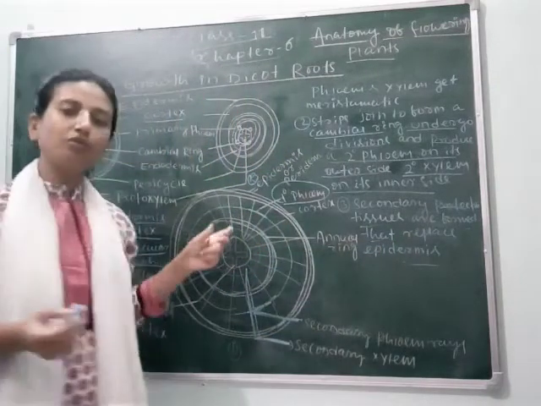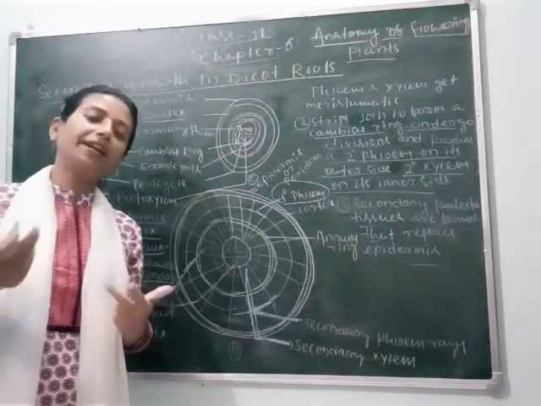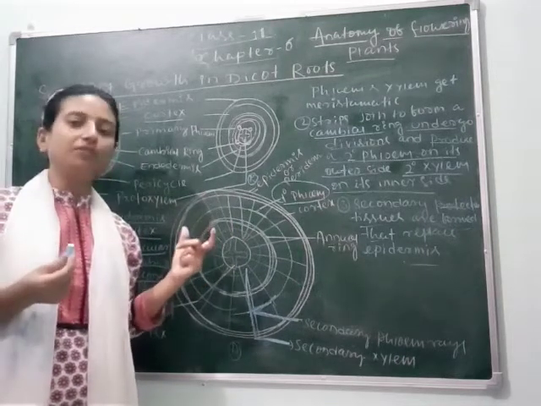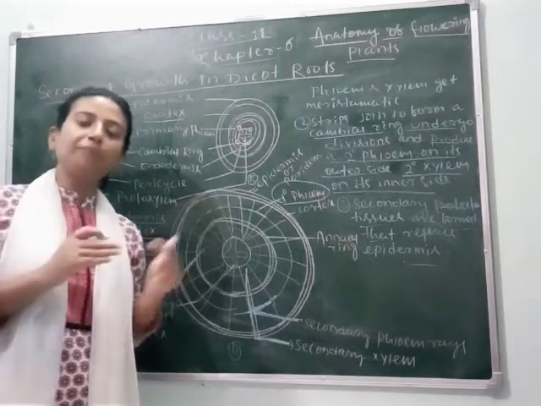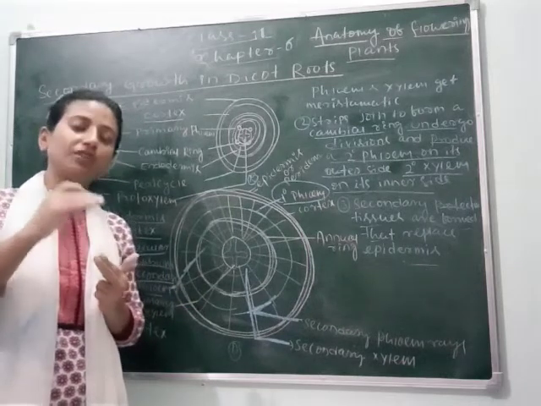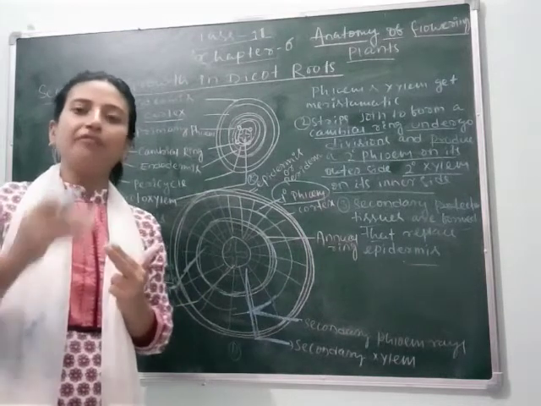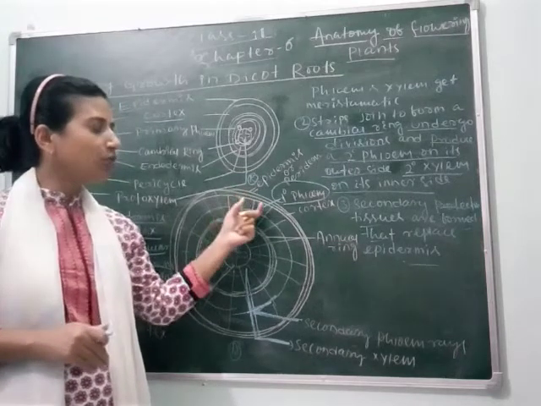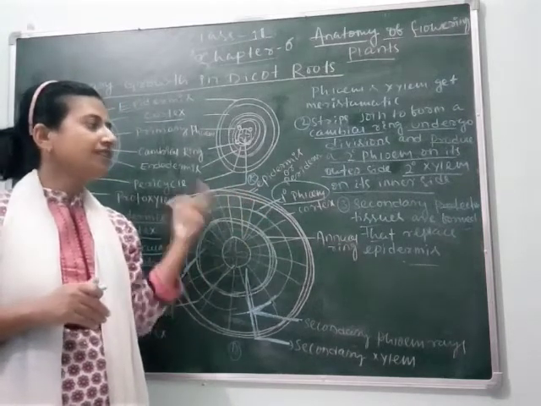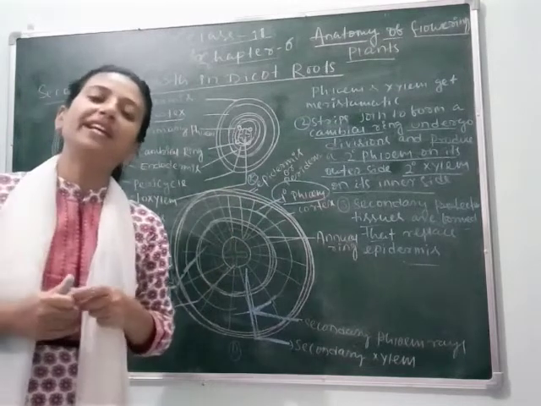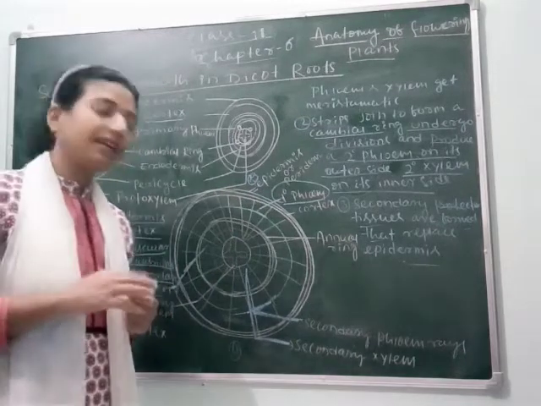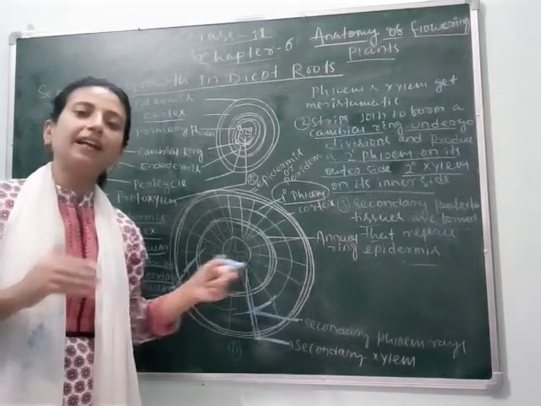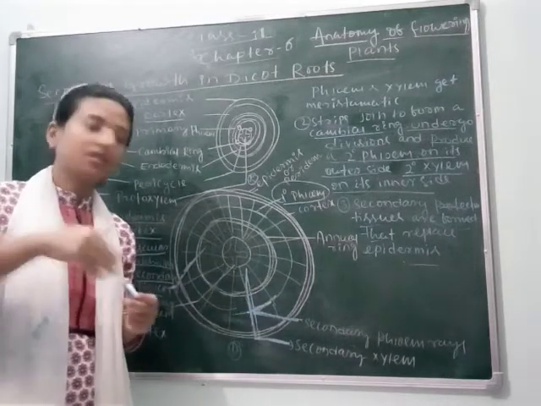So secondary protective tissues are formed that replace the epidermis. Gradually, as we know, the roots get hardened. How do they get hardened? Because protective layers are formed. They replace the epidermis. Epidermis is the thin outer layer. When cell division occurs, the epidermis gets converted into mature or secondary protective tissue. We can say it as bark in case of stem, or in case of root, we can say it as root cover, which covers the root.